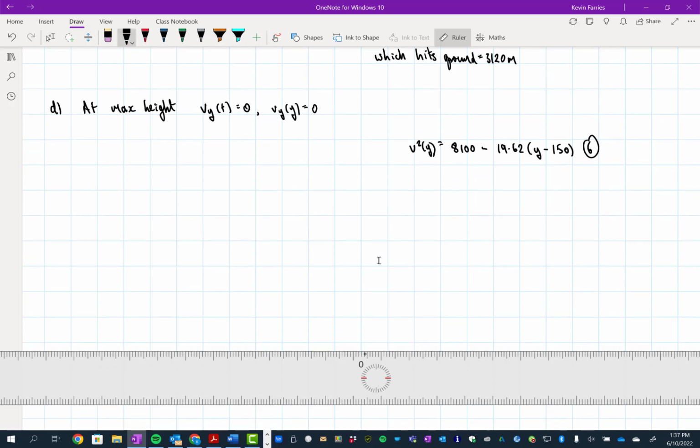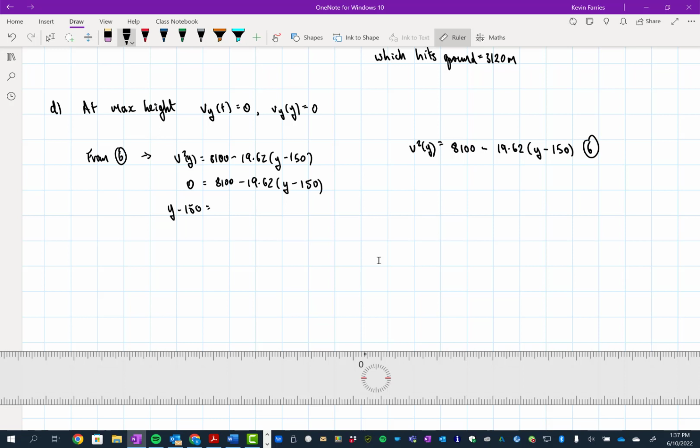So therefore we have, from equation 6, v squared y is equal to 1,800 minus 19.62 times y minus 150. And at the point of maximum height, that's equal to 0, so 0 is equal to 8,100 minus 19.62 times y minus 150. So y minus 150